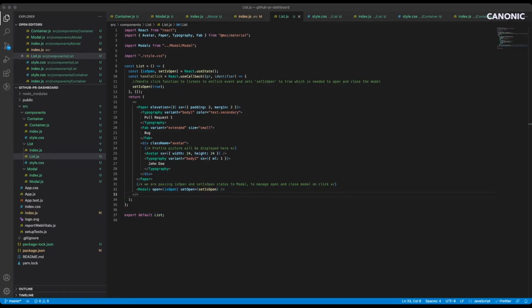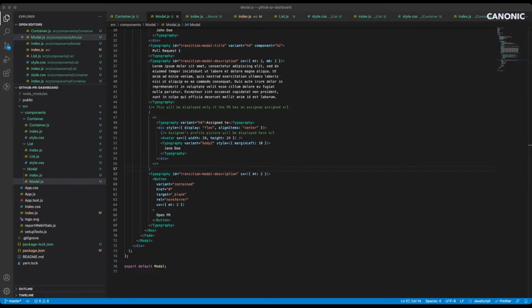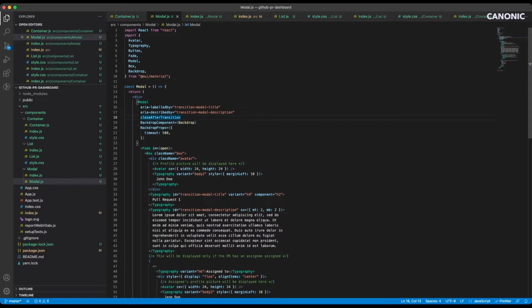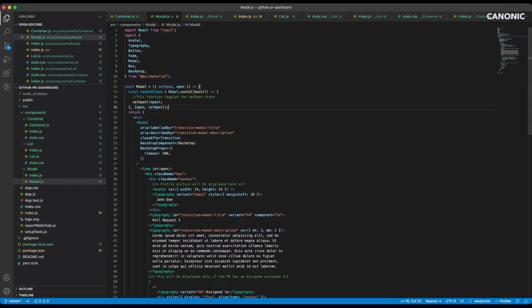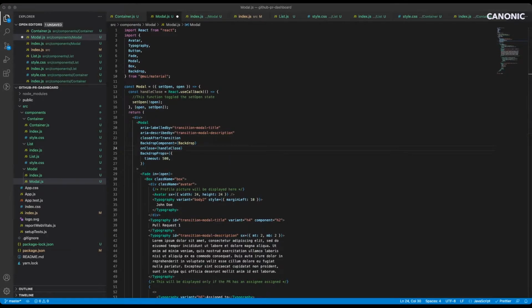Let's go back to our modal component and accept all the new props that are coming in. Let's write them down here. We'll need to add a function that will handle the props for us. We need to pass these props to our modal component also.